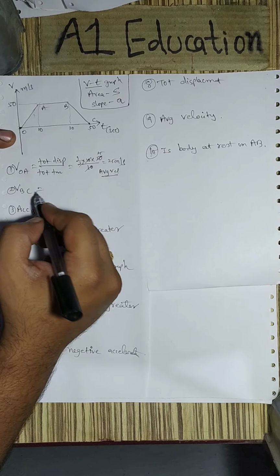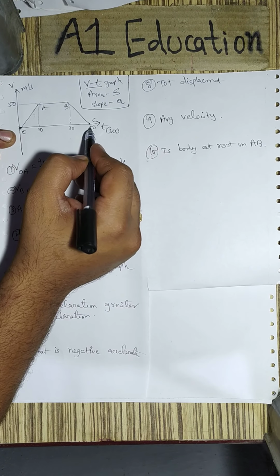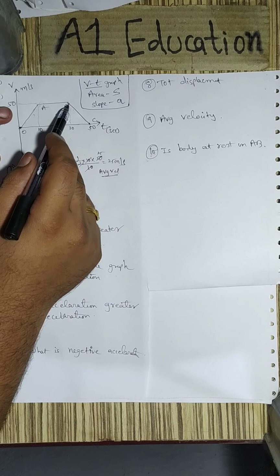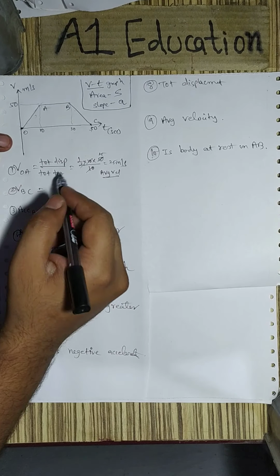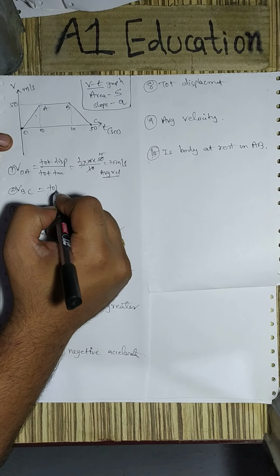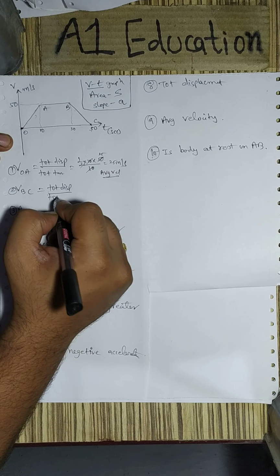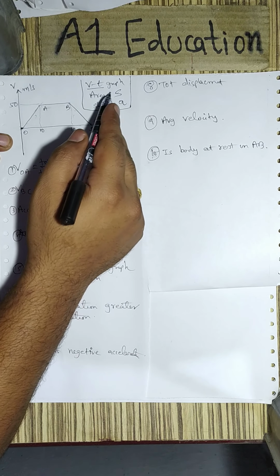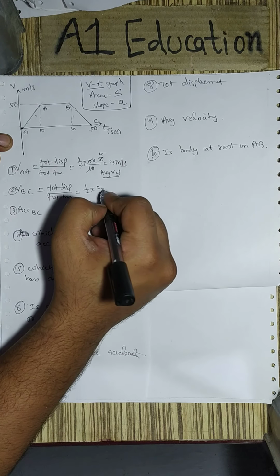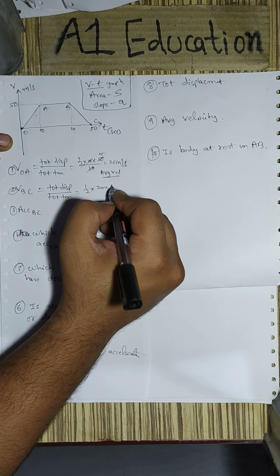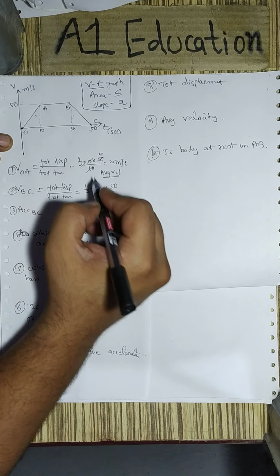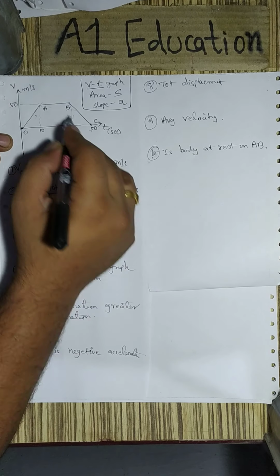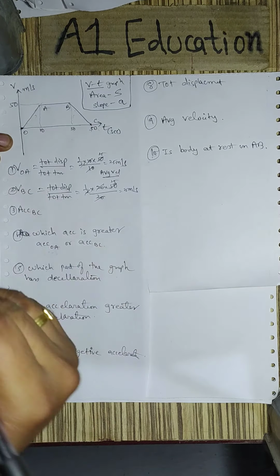Velocity BC. Again here we will get average velocity, since the velocity is changing at every instant. That will be again total displacement upon total time. Total displacement will be area under the graph: half, base is 20, height is 50, upon time is 20 seconds. 20 gets cancelled, 25. So this is again 25 meters per second. This is again an average velocity of coming to rest.